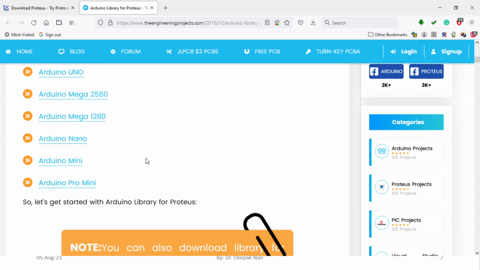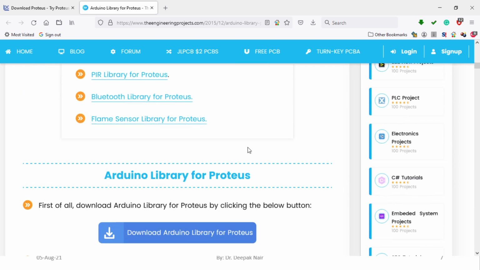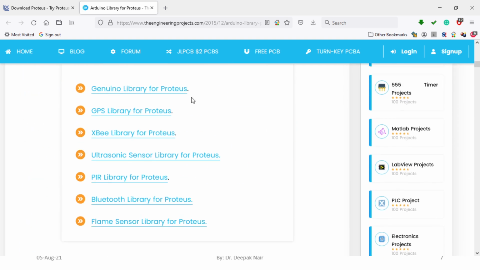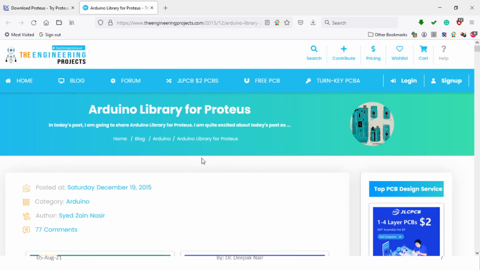Along with that, this particular website also provides many different sensor modules or sensor libraries. In future, if possible, I can show you how to use these third-party libraries in the Proteus. So this is a really very good website where you can download the Arduino library for Proteus. Along with that, you can explore more about different projects.